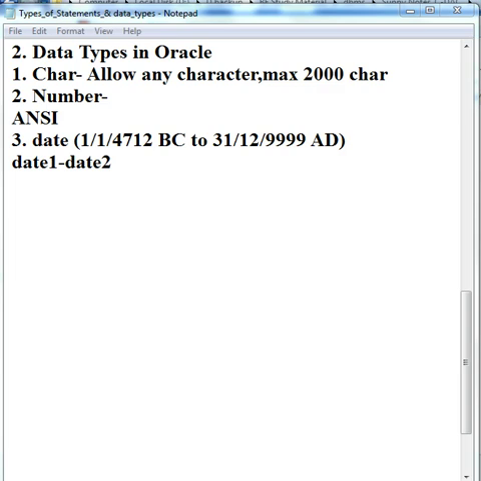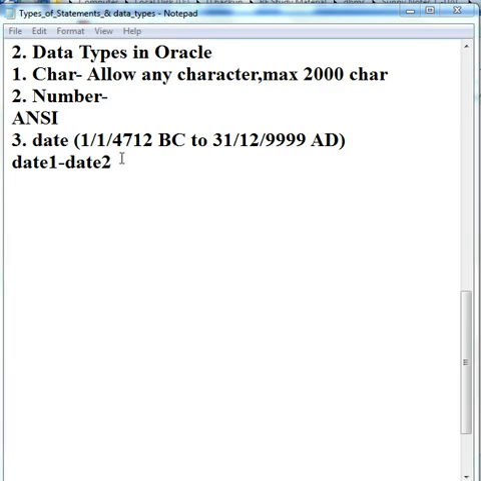If you ignore the date, 01 is stored by default. If you ignore the month, the current month is stored. Year can't be ignored; we cannot ignore the year. So if we ignore the date, 01 will be entered by default. If we ignore the month, then the current month will be taken by default. We can also define the date and month.